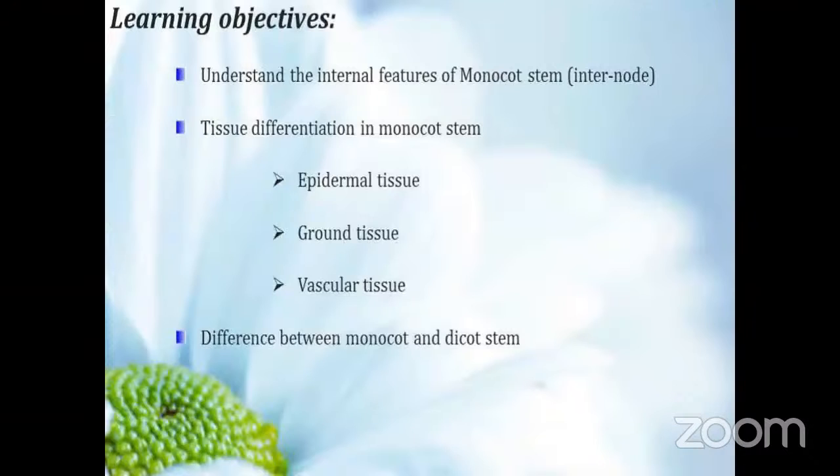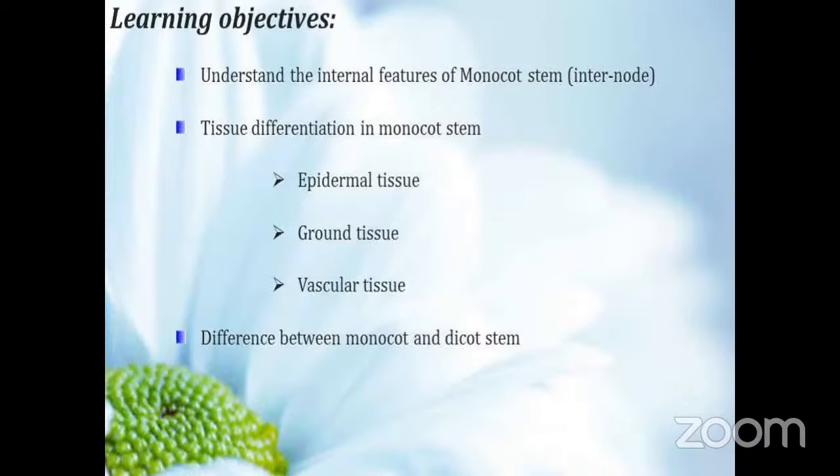Coming to the learning objectives, to understand the internal structure of monocot stem, that is, to study the internal structure of monocot stem, we have to take the cross section in the region of internodes. Actually, what is a node? A node is a place where a leaf arises, and the distance between two successive nodes is known as internode. And in the internodal region only, we have to take the cross section to study the internal structure of monocot stem,